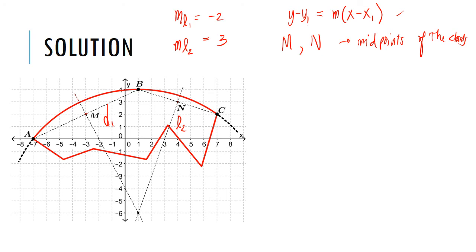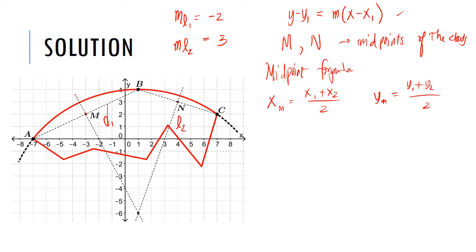And how are we going to do that? The midpoint formula. What is the midpoint formula? The midpoint formula states that the x-coordinate of the midpoint is equal to x1 plus x2 over 2, and the y-coordinate is y1 plus y2 over 2. It is just the average. Okay, for chord AB,